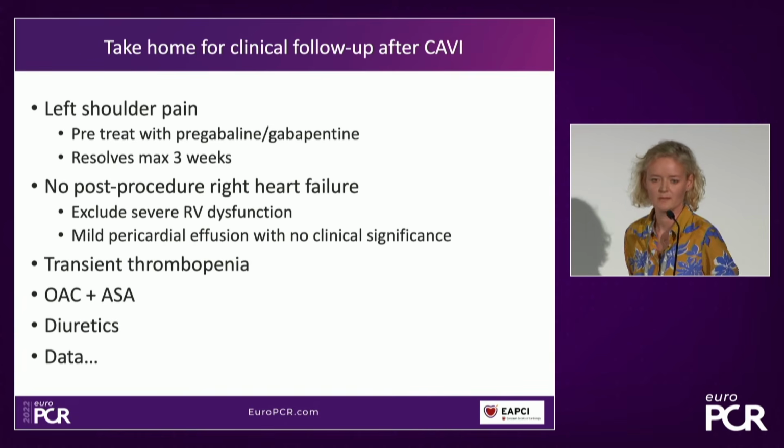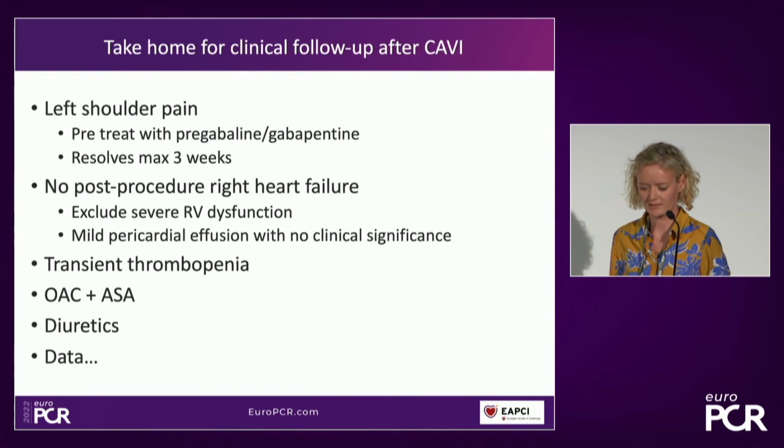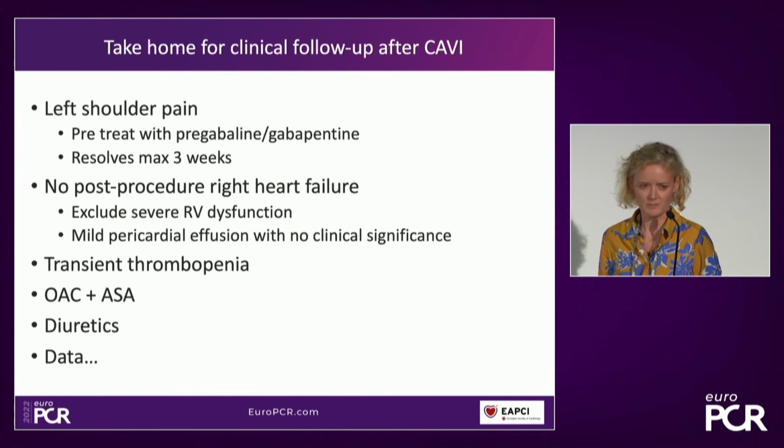So for me, my first experience and the take-home for the clinical follow-up after CAVI is that we did see this left shoulder pain in all of our patients, but we can treat it with pregabalin or gabapentin, and it resolved in all of our patients at max 3 weeks. We didn't have any patients with post-procedure right heart failure,